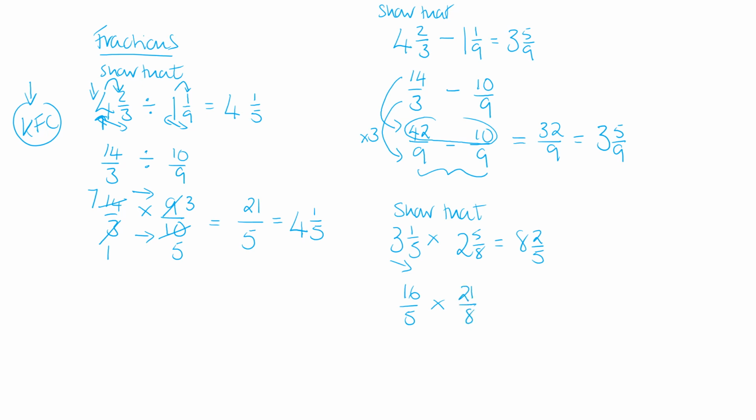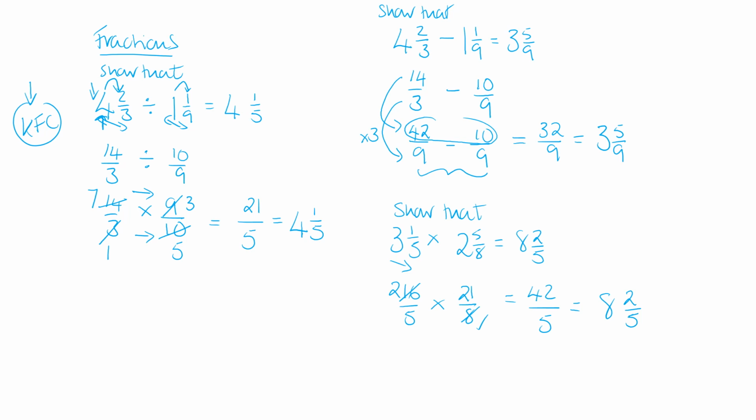Cancel down, 8 into itself goes once, 8 into 16 goes 2, 2 times 21 is 42, 5 times 1 is 5. Go up your 5 times table, it goes into 42 8 times, and then we've got 2/5